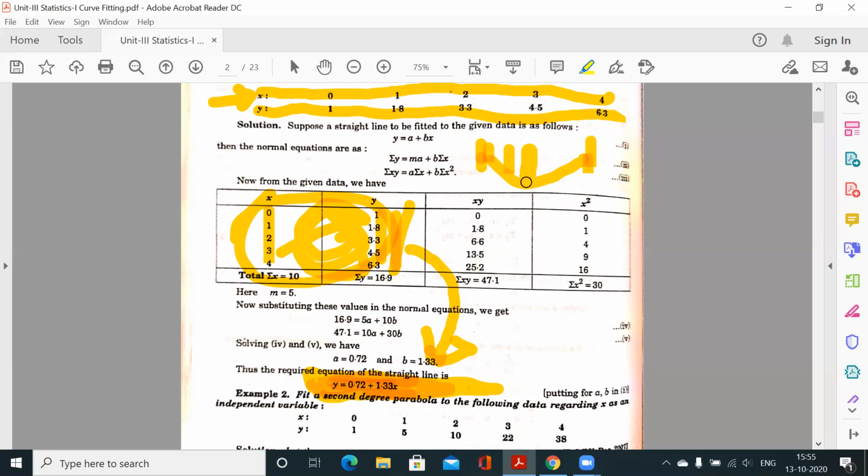Suppose at this point the depth is something, at this point the depth is something, and at this point we know the depth. But there are infinite points between these two banks. So if we need the depth at some point, that is, if we are moving from one bank to this side, what is the depth of the river at this point? So how do we find this out?